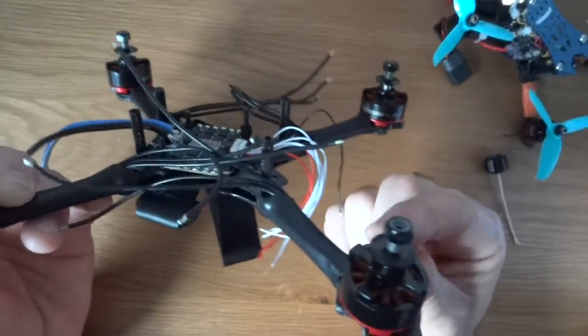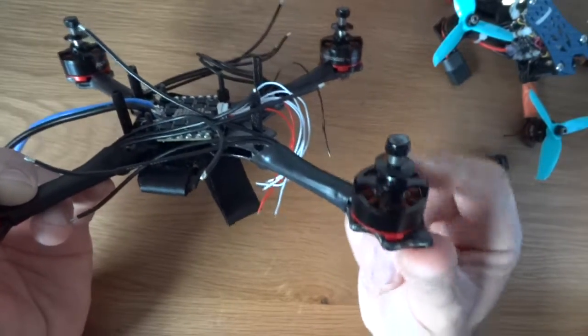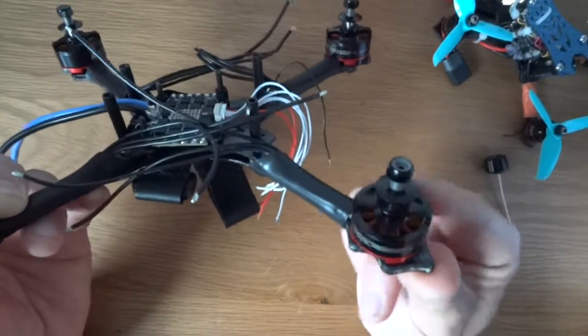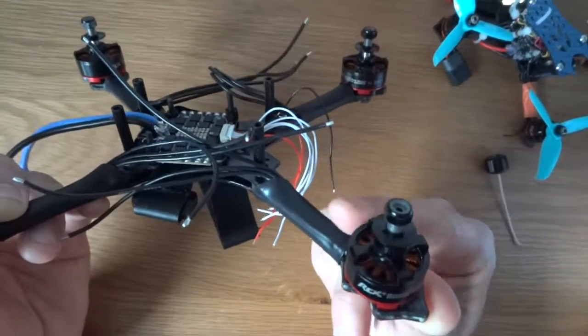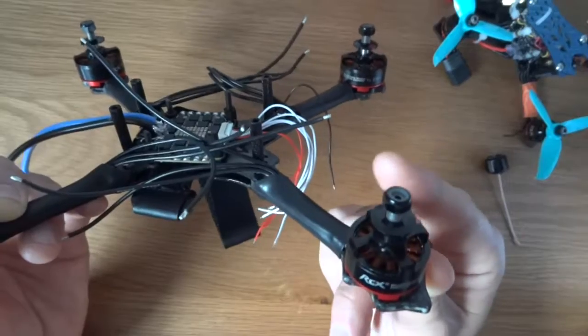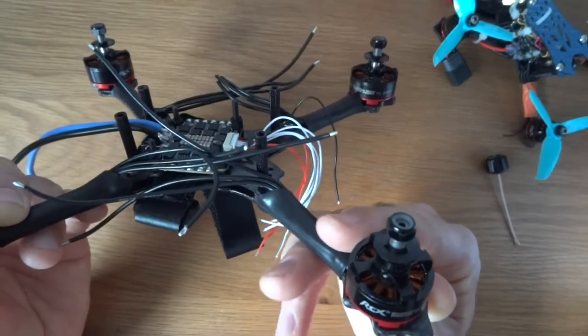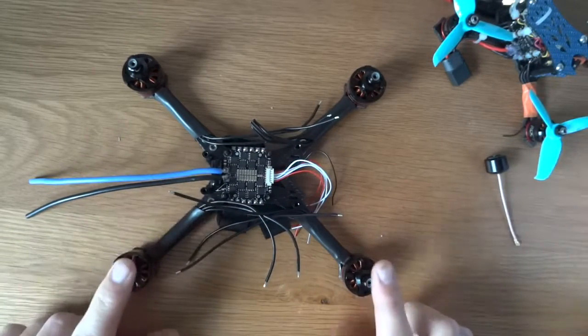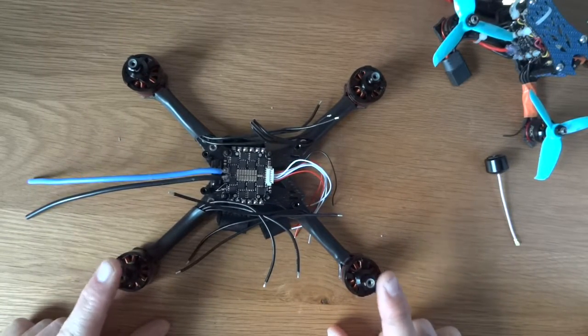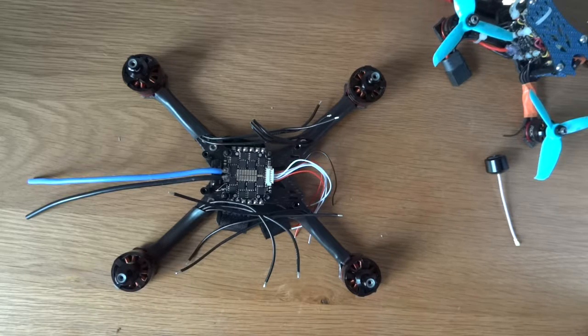I'm probably contradicting myself, they are quite heavy, but bearing in mind I use superlight motors on the 0S5, I thought I'd go the opposite way on this and just use some pretty powerful motors. And as I've said before, I've been really impressed with these motors. I haven't broken anything despite numerous crashes on the other ones that I've used. They've got bags of power, pretty efficient,